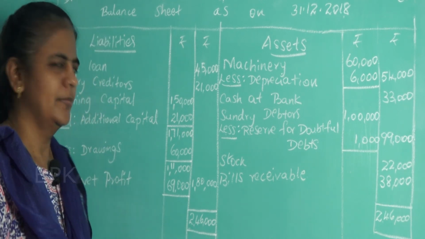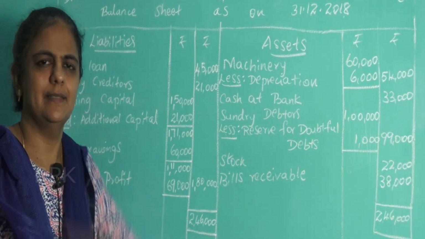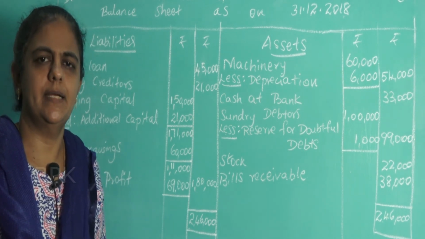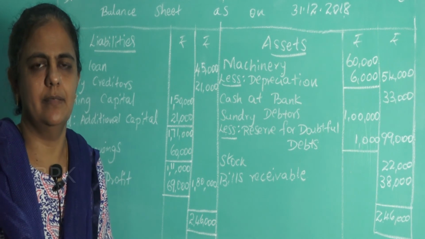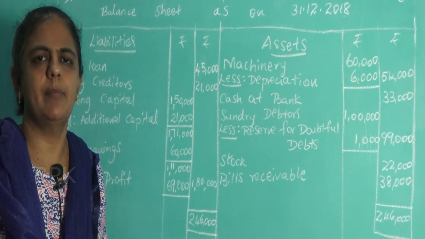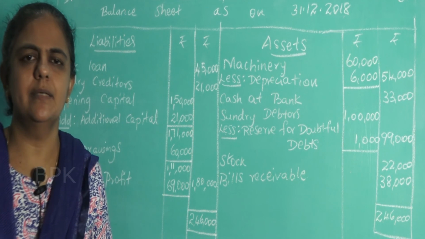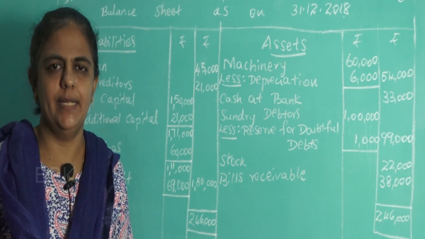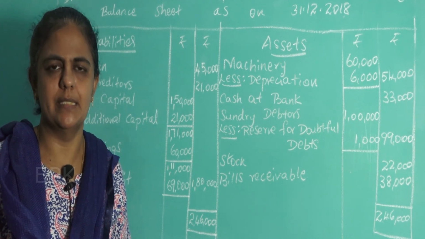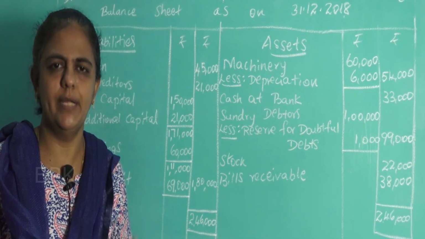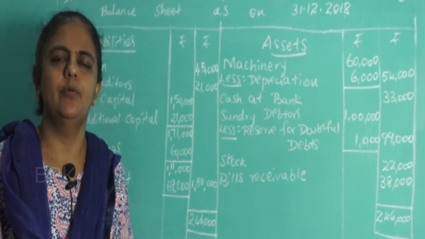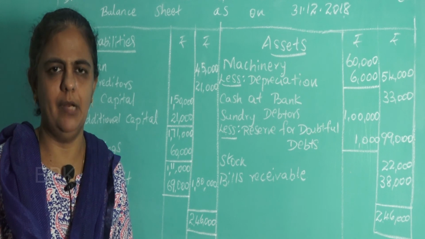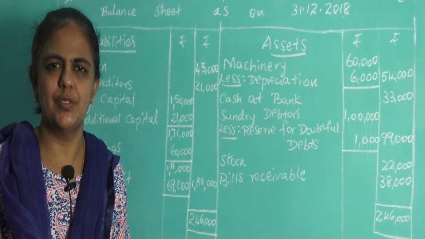Understood? Hope you all understood, children. So this accounts from incomplete records, whatever items available we have prepared. So first what we did, opening capital was missing, so you prepared statement of affairs account and you calculated the opening capital, that is assets minus liabilities. There you have to take all the opening balances. After that you have to prepare trading account, profit and loss account and the final balance sheet. Hope you all understood, children.